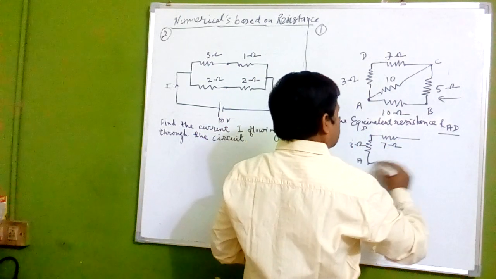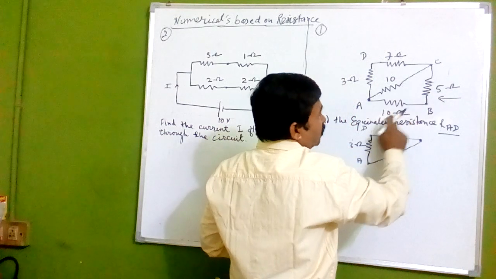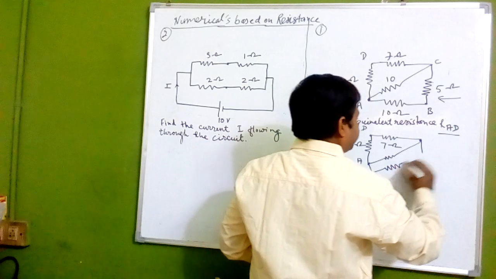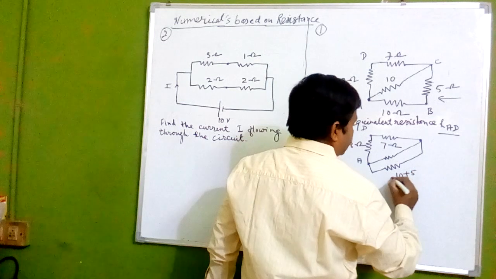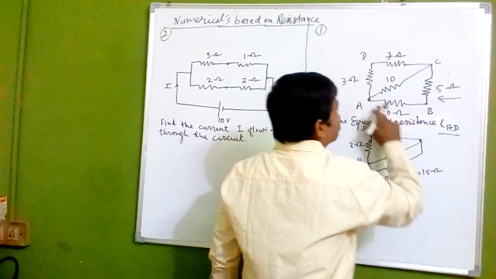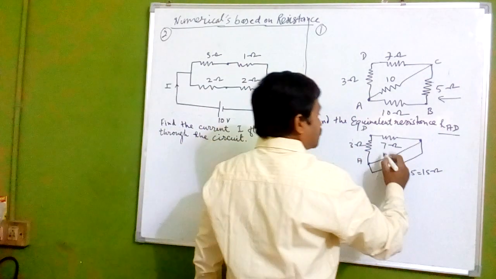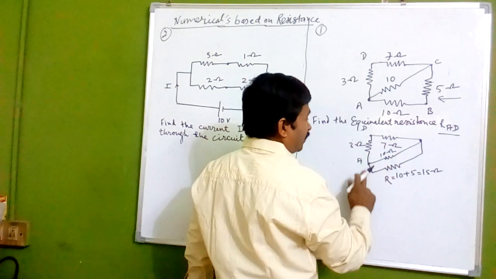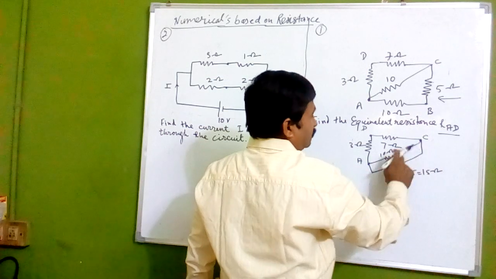Now these resistances here, both are in series, 10 ohm and 5 ohm. So we can make it like this. Now for calculating it, 10 plus 5 means this resistance is going to be 15 ohm. Now this resistance is of 10 ohm. Now they are both in parallel. Now here we have reduced it from B, it is now here C.